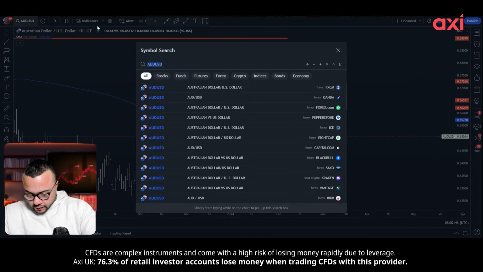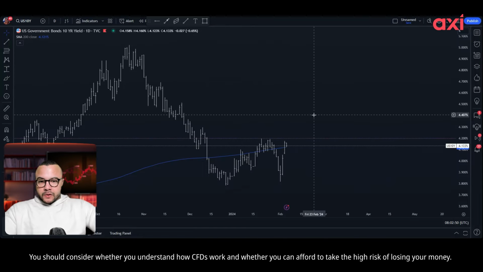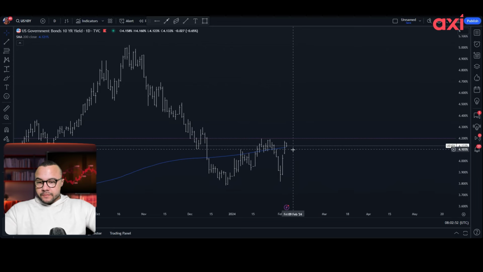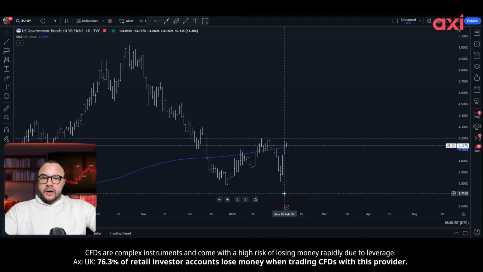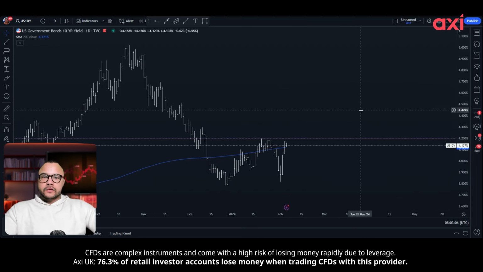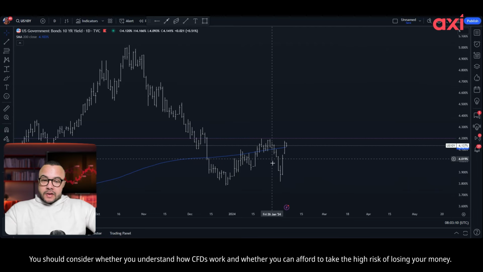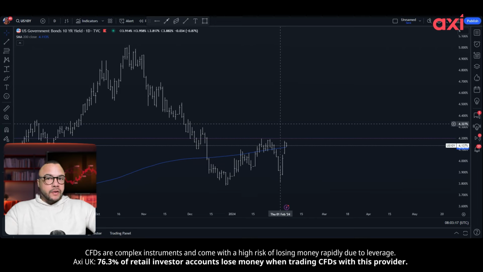So if I go to the US 10-year yield, for example, you're going to see that actually yesterday it's traded above the 200 daily moving average and it wiped out all of last week's decline. So this is basically showing that the market is perceiving interest rates to actually not really be changing that much. And in fact, after Powell's speech last week, it's repriced higher. So it thinks that the market is still going to be higher for longer.